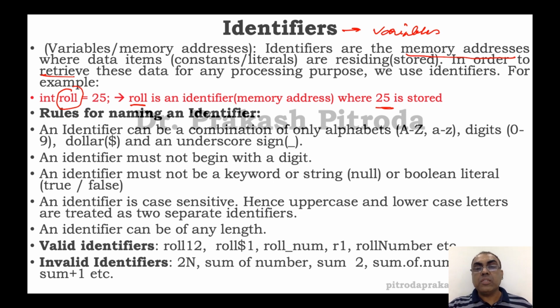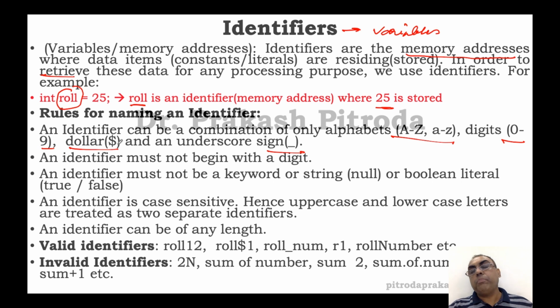Because it's a computer system and the data goes inside a memory, you will find certain rules that need to be followed. So the first rule says an identifier can be a combination of alphabets, digits, and only two special signs are allowed, that is underscore and dollar. You cannot use even a space. It has to be without any space. You can use underscore and a dollar.